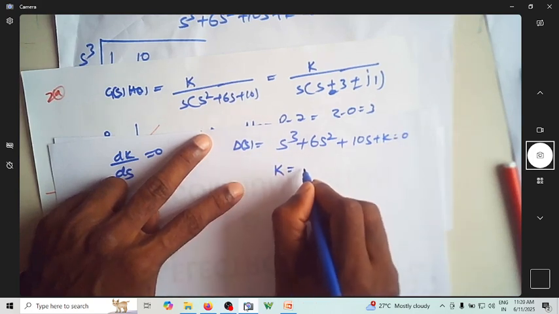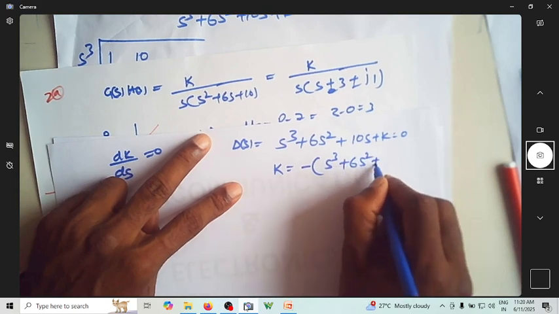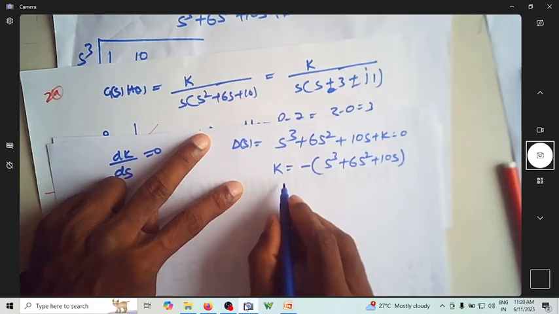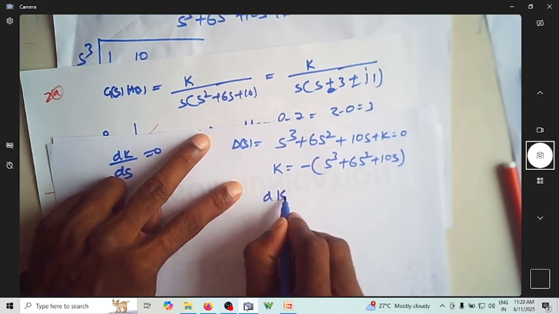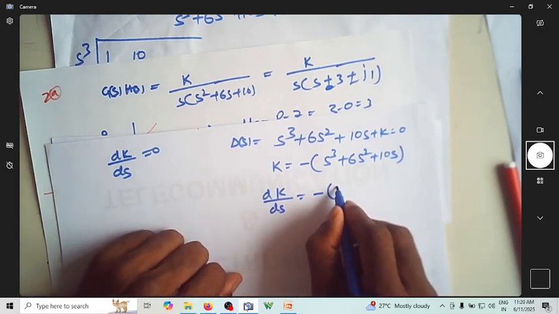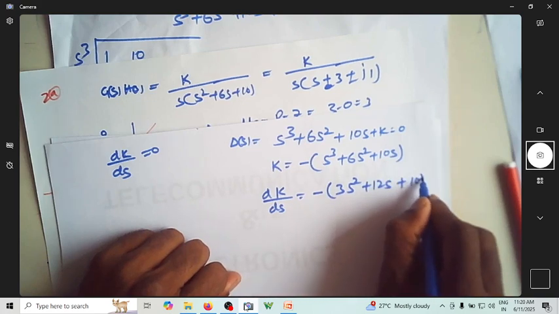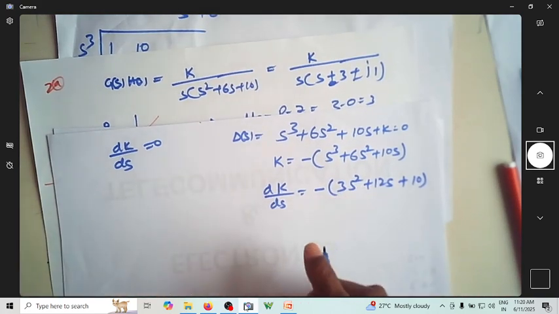I can write k is equal to minus of s cube plus 6s square plus 10s. Then differentiating this with respect to s will give you 3s square plus 12s plus 10. The roots of this, if I find the root of it,